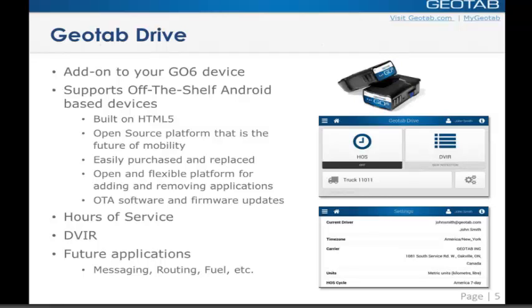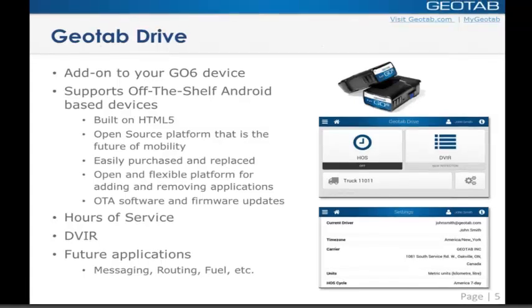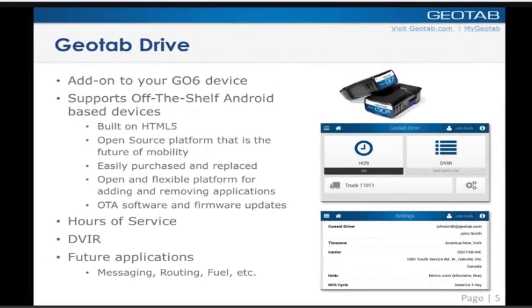It does navigation and hours of service without the expandability that you get on this Android front. Today, we're offering the hours of service and the DVIR. Hours of service is supporting the U.S. property carrying drivers only. All of the other flavors of regulations like agriculture and oil fields and things like that will come as the demand makes it necessary, but for the most part, your basic property carrying driver, we're good